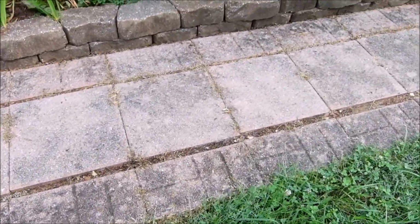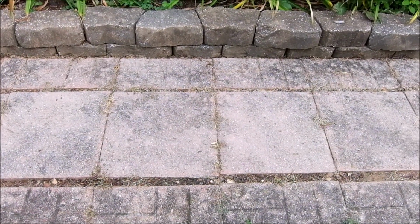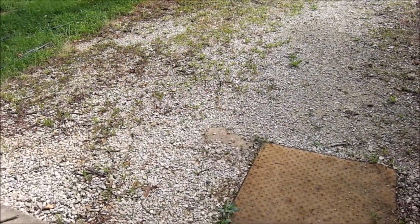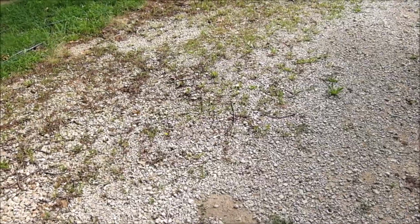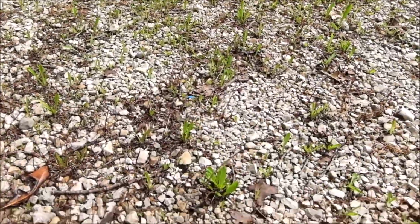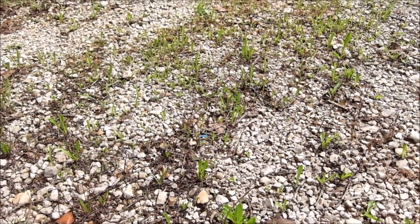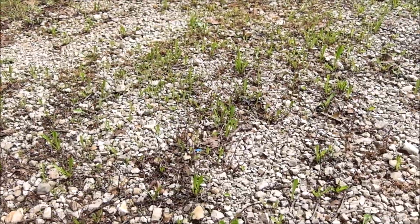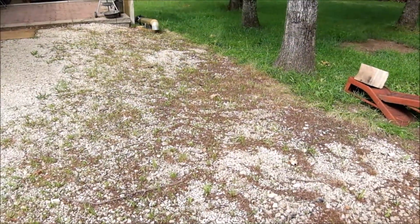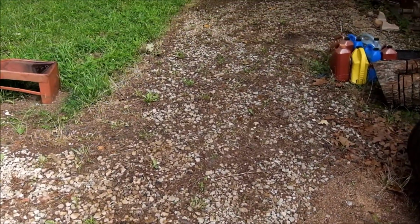I wish I had some befores, but it does the best for this because it really concentrates the heat. Working on that driveway. As you can tell, it worked. This is over a week later, but already a lot of stuff, especially plantains, are coming right back. I think chemicals are way more effective, but if you're anti-chemical, the burns work great. It is nice to reclaim parts of my driveway, but at the time it took and the amount of propane,